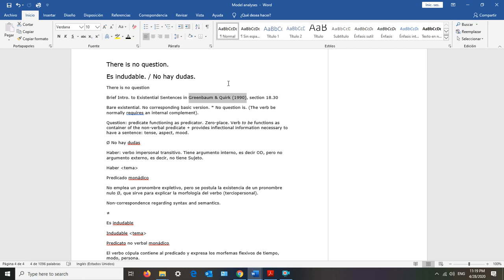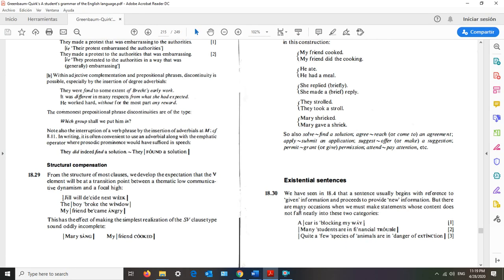So that's why we don't want to just continue using the same source, and that's why we use Huddleston and Pullum's A Student's Introduction to English Grammar. But in case you would like to have further content on the same topics that we are covering, you can always resort to this source here. It's a classic in grammar. So if we go to this particular section 1830 in this book,